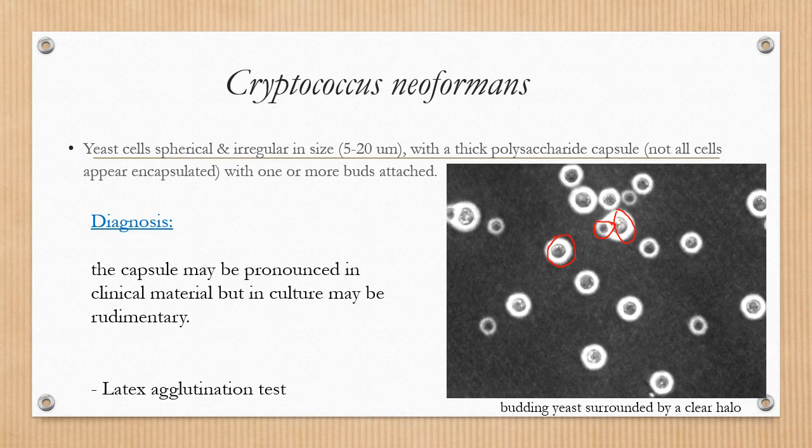And how do we stain it? Actually, we see this on a clinical material, but not in the culture. So what do you mean by this? It means that if you take a CSF sample from the patient and you stain it, you will be able to see immediately the stain. India ink, you can see the capsule from the stain. So this means that from the original clinical material. But if you grow the Cryptococcus on a plate or a culture, you are less likely to see the capsule.